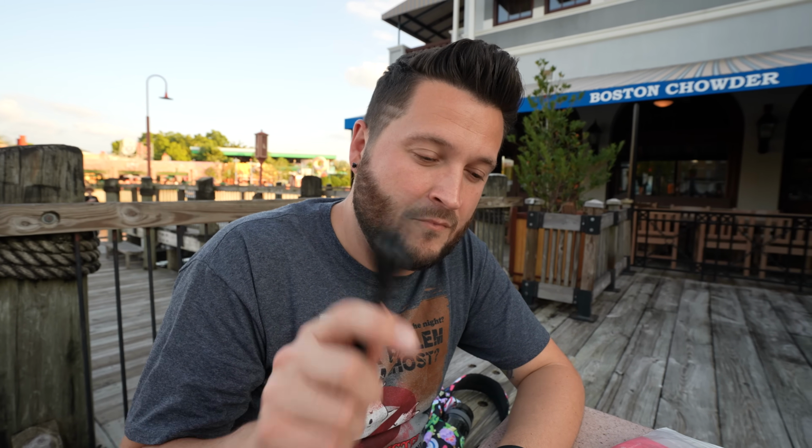I don't know what I'm supposed to do about this bread either. Were we supposed to make a little sandwich? I'm gonna cut a little piece off here. Just rip a piece off because it's a thick piece of bread. I thought this was going to be the stalest piece of bread. It's actually a pretty good piece of bread. I mean, it's just white bread, but we made the joke that you said it was left over from Halloween Horror Nights, but I think you'll like